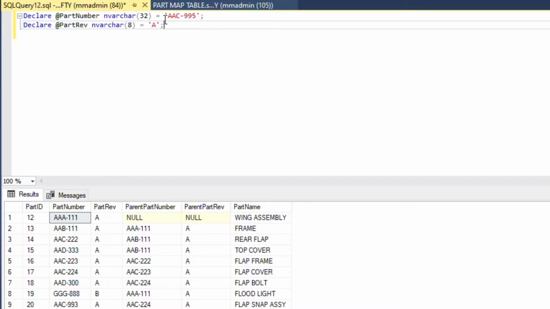So if there's a newer build of that part that's being used in an assembly, then it'll have a B or a C. In a lot of cases it might be a number, it might be revision 1 or whatever. But usually there's a part number and a revision in manufacturing. And so what we're going to do here is, once we've got our part number and our revision, we're going